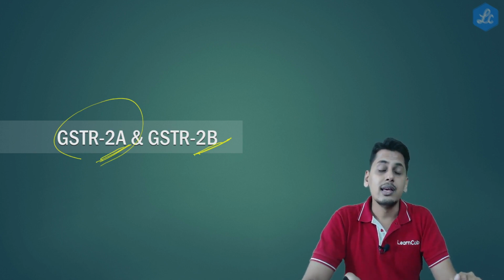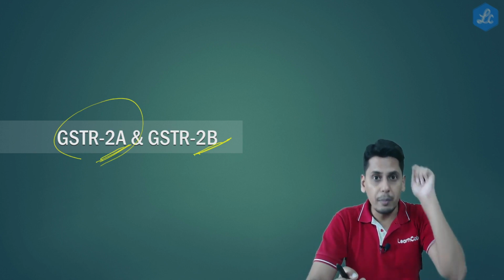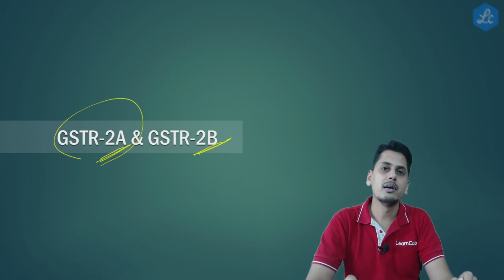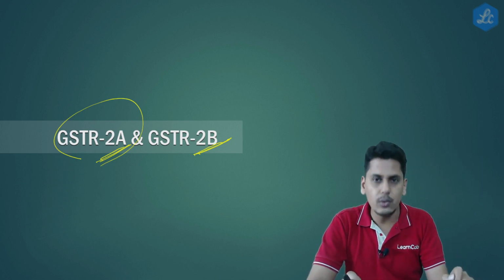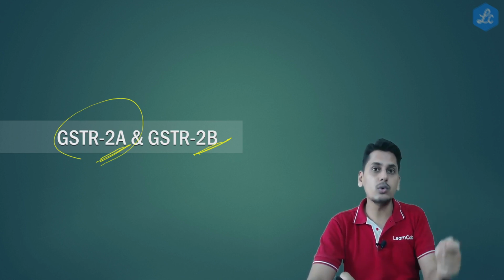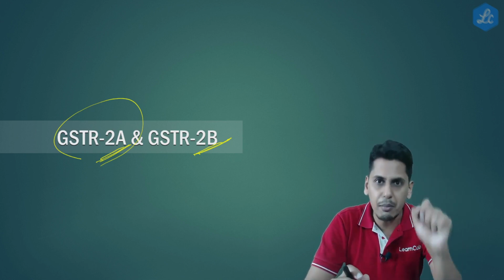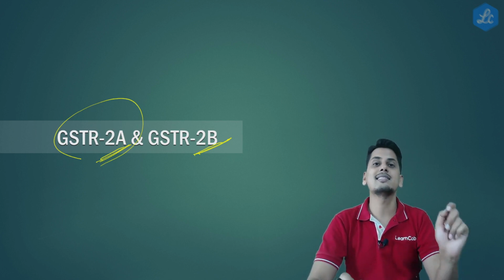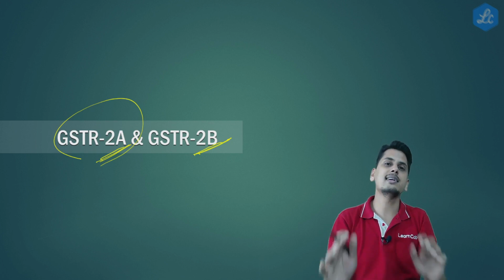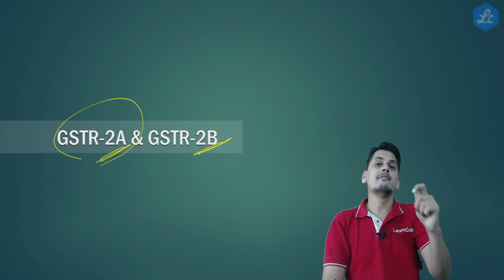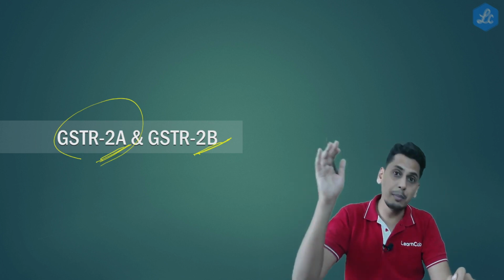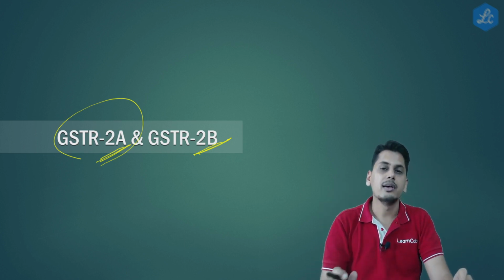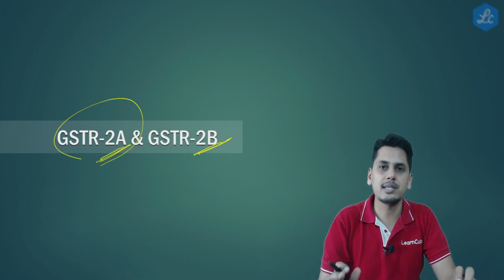Another scenario, if the very same invoice was omitted to be filed in GSTR 1 of August, but it is filed subsequently, this invoice is included in the GSTR 1 of September. What is the due date for filing GSTR 1 of September? It is 11th of October. Now we are seeing a scenario where a particular invoice pertaining to August, which was omitted to be included in GSTR 1 of August, is now included in GSTR 1 of September.